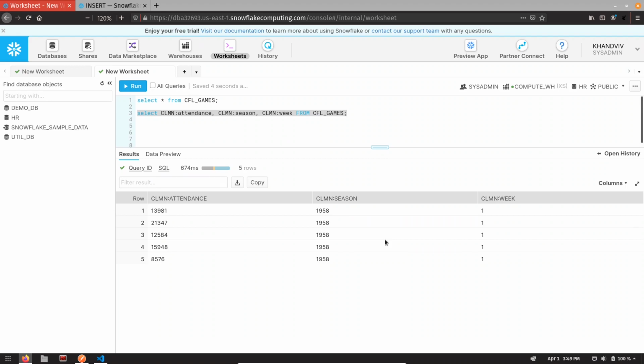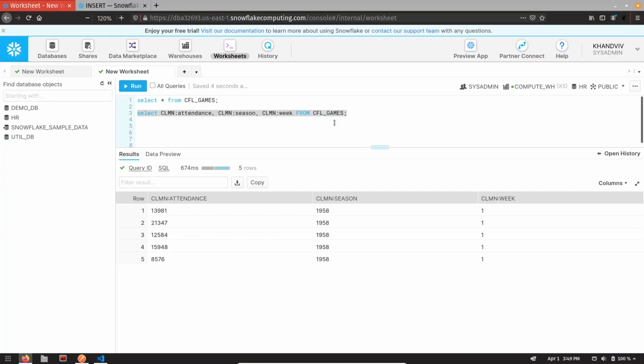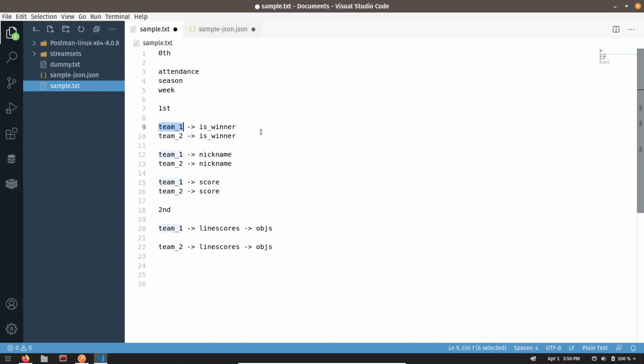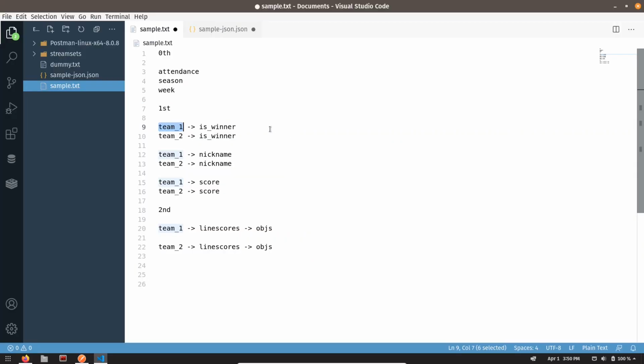Now let's extract the elements from the first hierarchy. We are going to fetch is winner, nickname and score. Let me add these columns. We are going to take first team 1 and then is winner.